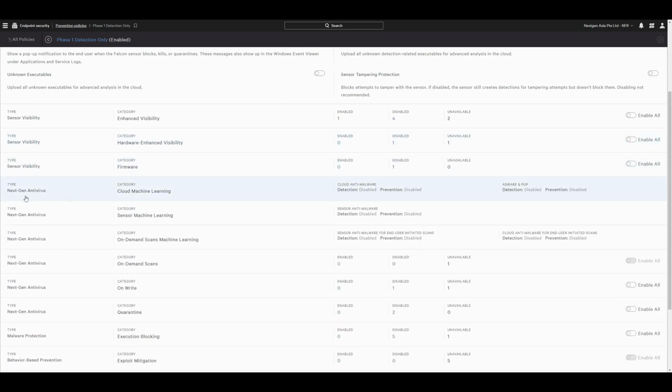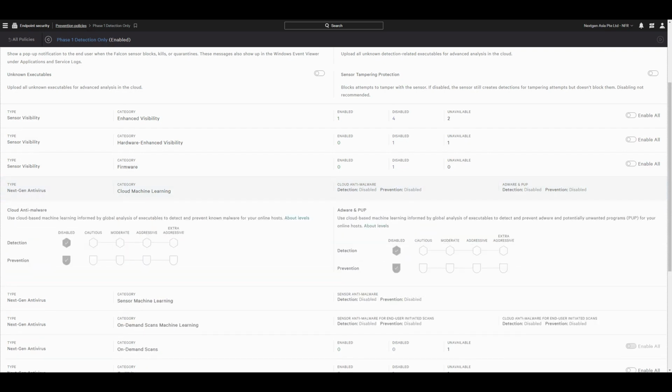The next type will be the NextGen Antivirus type, and the first category will be cloud machine learning. This cloud-based machine learning setting covers file attribute analysis and file analysis. File attribute analysis aims to stop known malware that meets a specific certainty threshold. Instead of storing millions and millions of known malware hashes on the client, CrowdStrike Cloud Antivirus provides real-time blocking against high-confidence known malware based on a combination of antivirus detection and file properties that are analyzed by the CrowdStrike